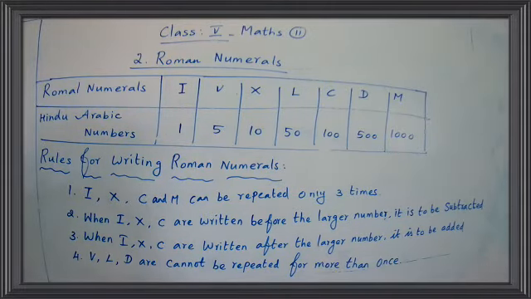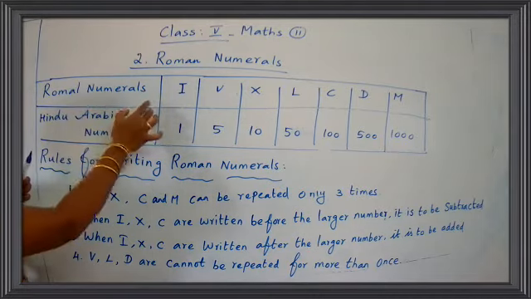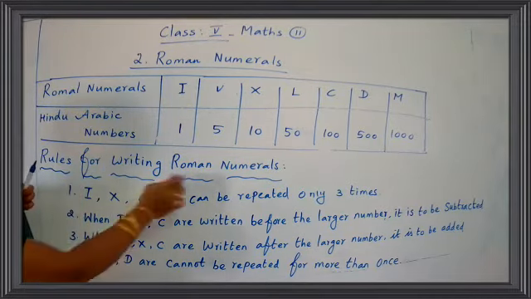Use the scale when drawing the line. Okay, children. Here tables are there. So, use the scale and pencil when drawing the line. Okay. Do not draw the line without a scale. Do you hear what I say? Yes. Are you listening? Yes. Write neatly. Write it in your classwork note. First of all, you draw the table and fill the numbers. Then after, write the rules for writing Roman numerals.